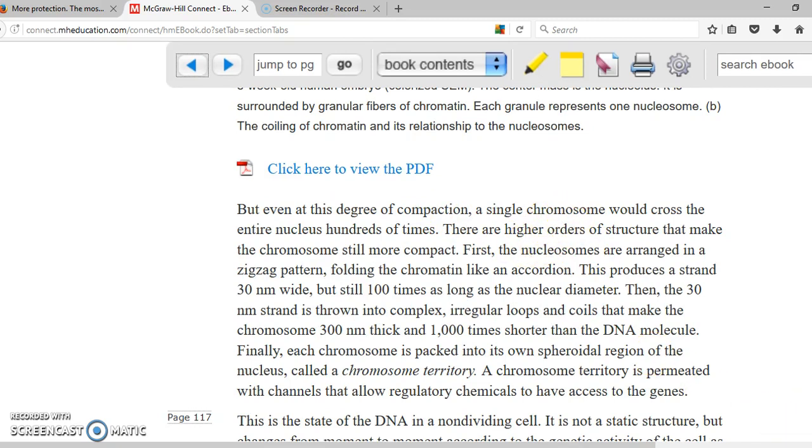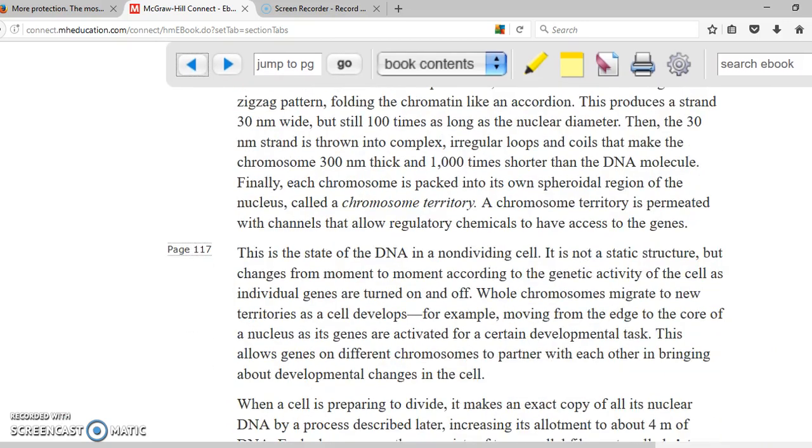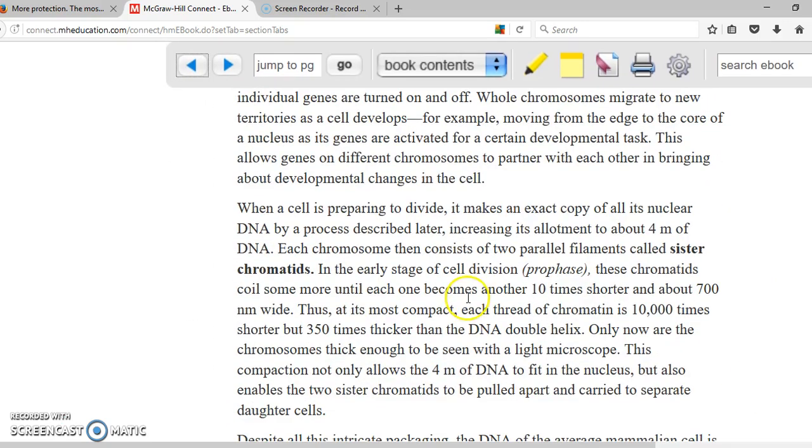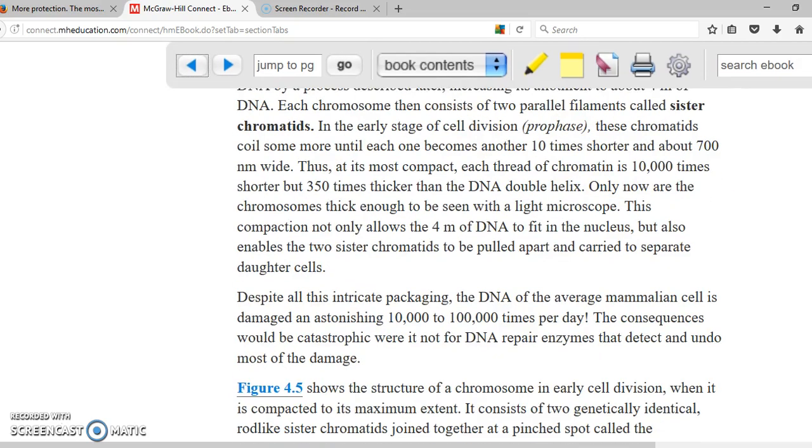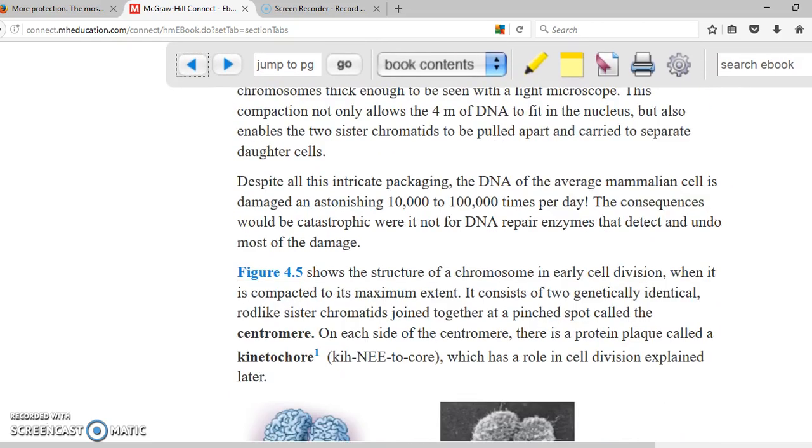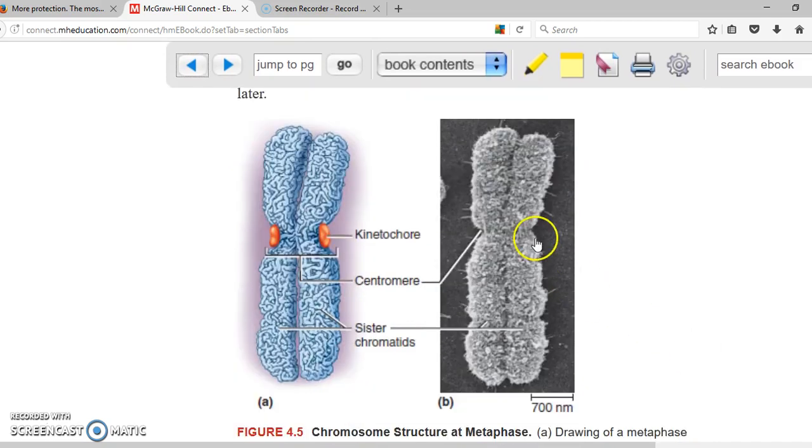If we keep scrolling down, you see the DNA, and we have here sister chromatids. As we said, the chromatids are the arms of the chromosome. The chromosome is going to have two arms, and each arm is a chromatid. As you keep scrolling down, you can see again the characteristic of a chromosome, which is a chromatin that has been condensed, and each arm is a chromatid. The middle is called the centromere, this part right here in the middle. Okay,